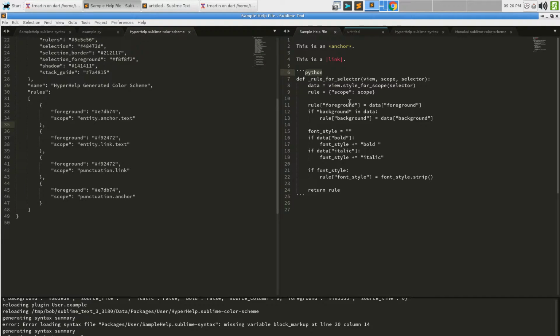And not only that, but HyperHelp currently allows you to use JSON and XML in there, and there are nascent plans to maybe try to somehow get package dev scopes and syntaxes into there as well.